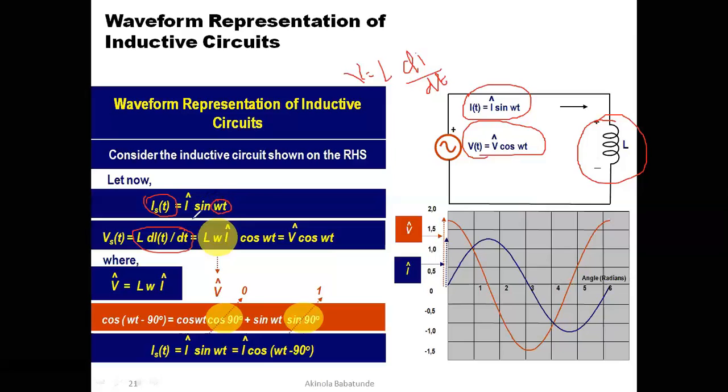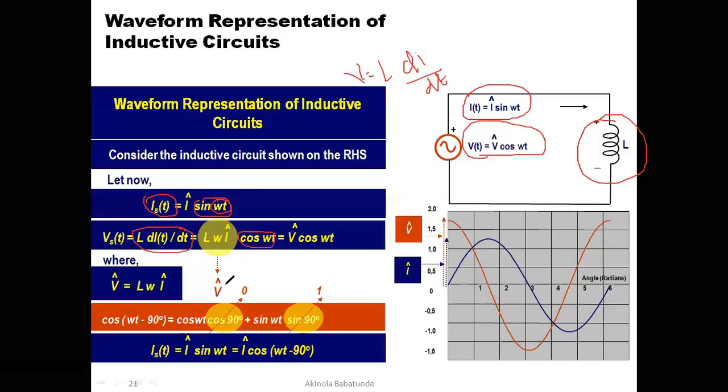That W goes to the back. So you have W here, multiply with this L, you have LW. And then you have this I still here, you keep it that way, and then sin WT. When you differentiate that, it gives you cos WT, and then you have it this way. Eventually, what you will find is that this LWI on its own is equal to what we refer to as